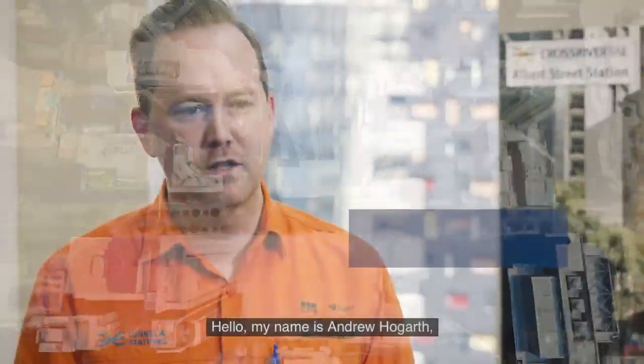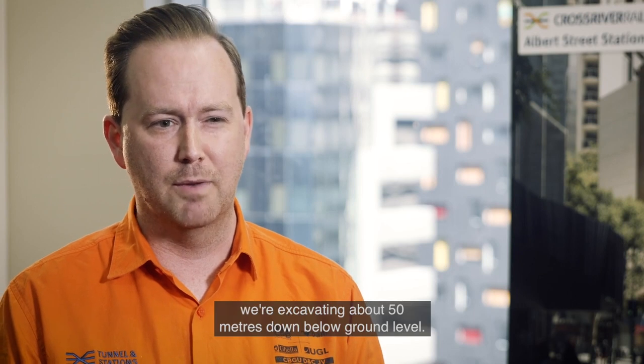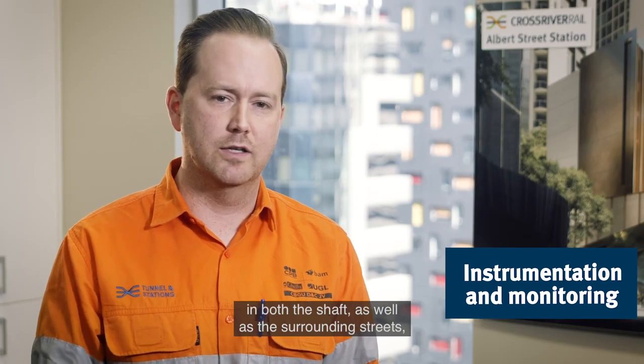Hello, my name's Andrew Hogarth. I'm the Senior Project Engineer for the Albert Street Station Cross River Rail project. Out here at Albert Street, we're excavating about 50 metres down below ground level. As we continue to excavate, we've got instrumentation and monitoring in both the shaft as well as the surrounding streets